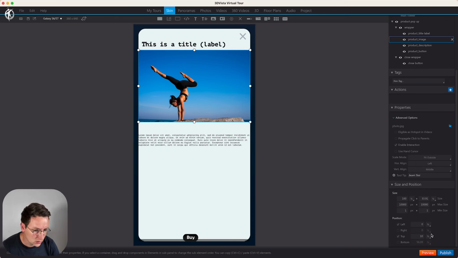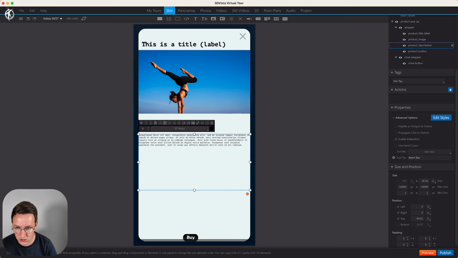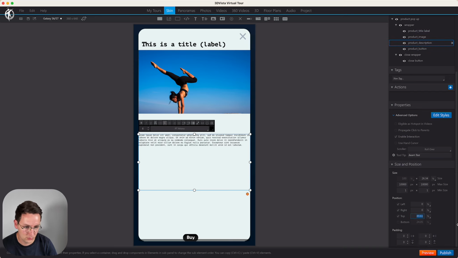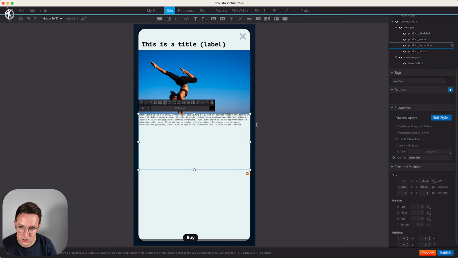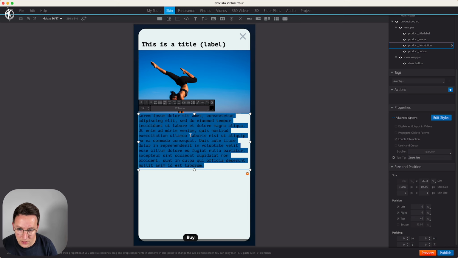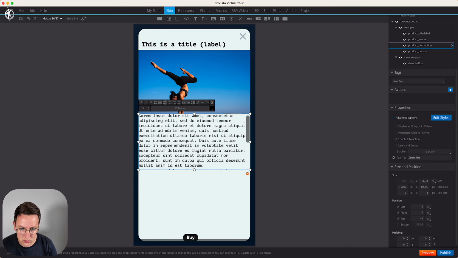The product image, this is now top 10%, and the height is now like 30%. I think this is good. So this means 10% plus 30% is 40%, so this text field is going to be 40% from the top. And now this blue line is exactly on this blue line, which is amazing. Let's make this text larger, and let's just increase the amount of text here so that we're gonna have a scroller. So right now we can see we have a scroller,